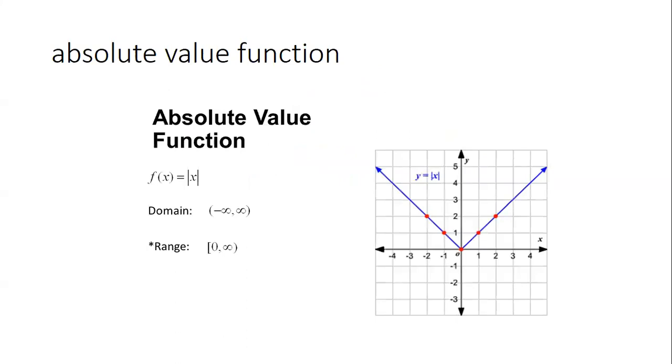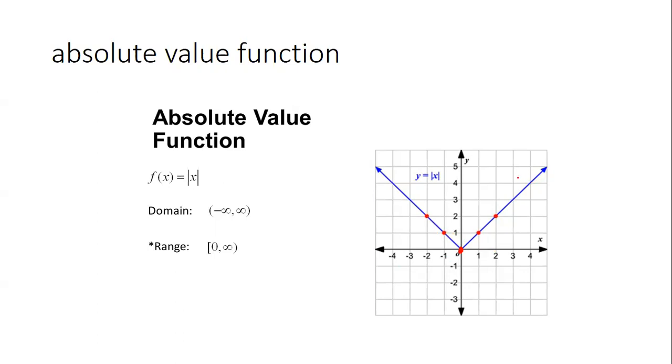Okay, absolute value function. Do you remember this guy? Yes, the V shape. Okay, main attributes of the absolute value. It makes a V shape. The domain is all real numbers. The range is from 0 to infinity. Its x and y intercept are at the origin. What makes absolute value special is that it is